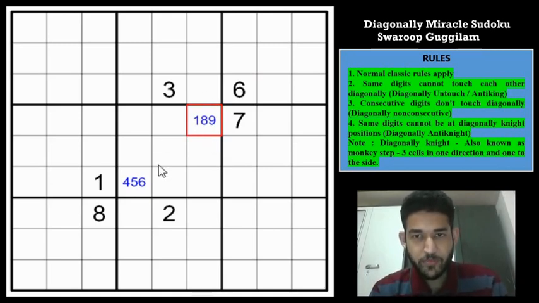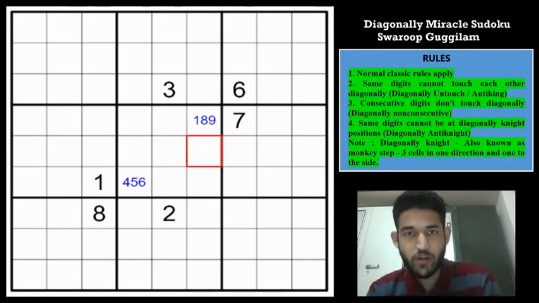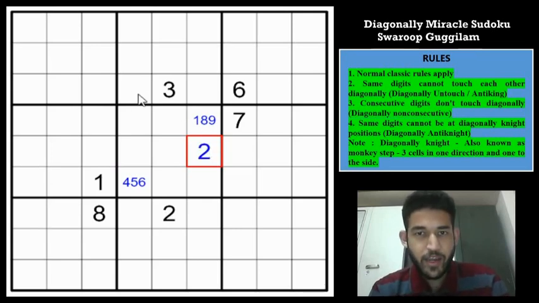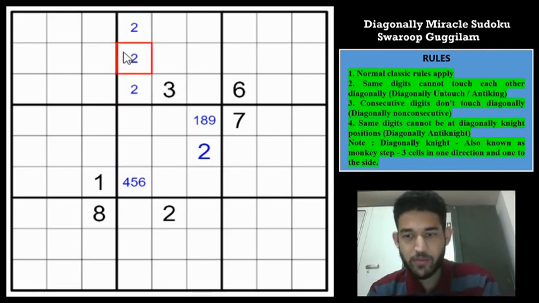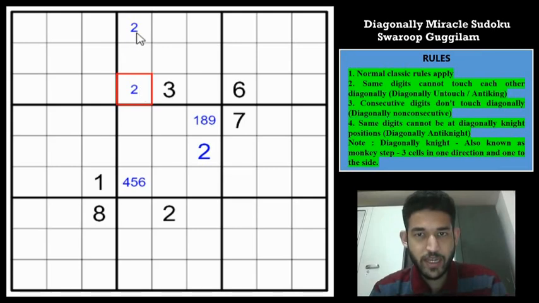So how do we start? Let us look at this 2 clue and 3 clue. We know that 2 can't be in these 3 cells because diagonally touching. Also using the monkey step, 2 can't be in these 3 cells, right? Because 2 can't be here and these 2 cells are at a monkey step away from the 2. So 2 is either here or here. But if you place the 2 here, then it is diagonally consecutive to 1. So this would have to be a 2. And now we can use the classic property to mark the 2 in one of these 3 cells. But 2 can't be here because then 2 and 3 will be consecutive. So 2 is either in this cell or this cell.